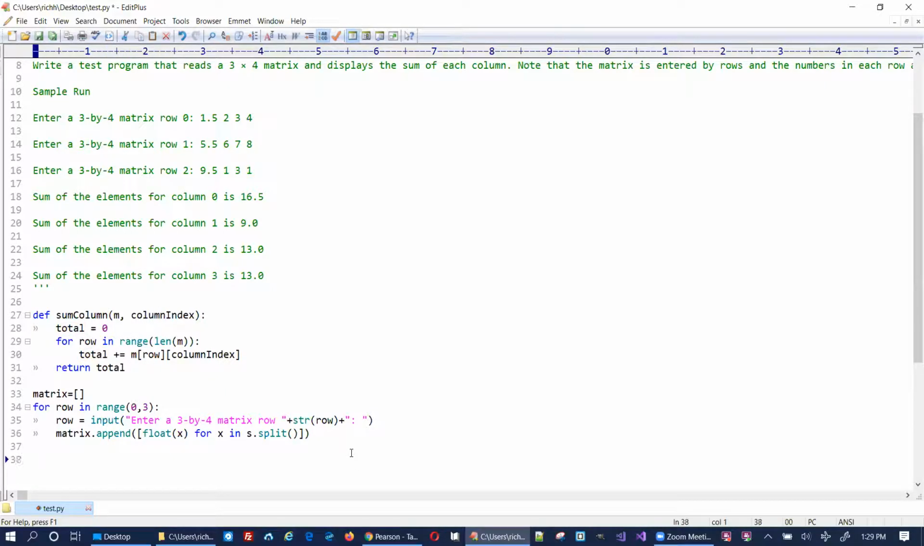So let's loop the columns. For column in the range of 0 to, now how do we find the length? len, that's the length of a list. If we just look for the length of m, we get the number of rows. So if we want the number of columns,